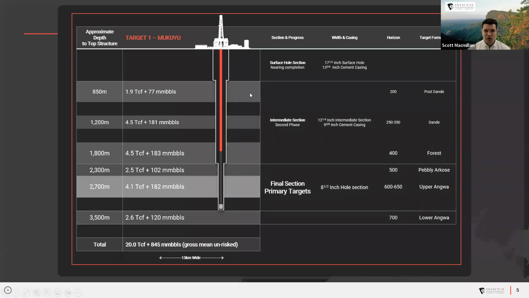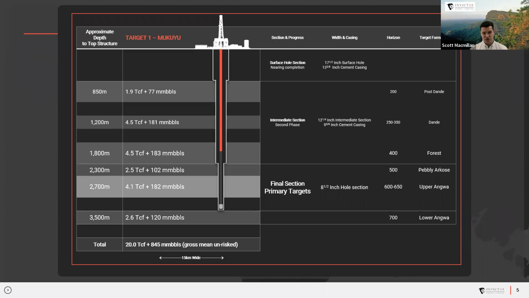So looking at where we are in the well, we are at 2120 meters measured depth. We're at about 3/4 of the way through the forest, and all of that so far has been very shaly. We've got some reservoir targets at the bottom of this section. The reason that we TD'd in this a little bit shallower than we initially anticipated is because we've had this big thick regional shale